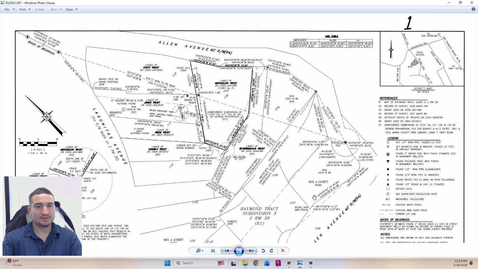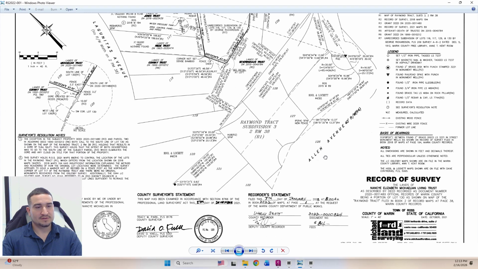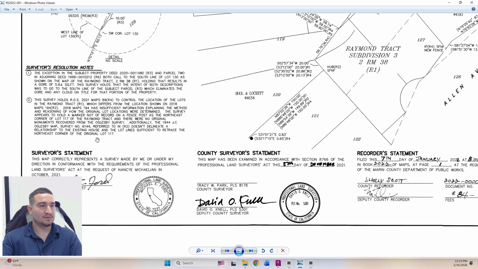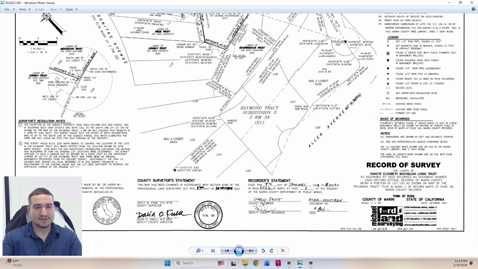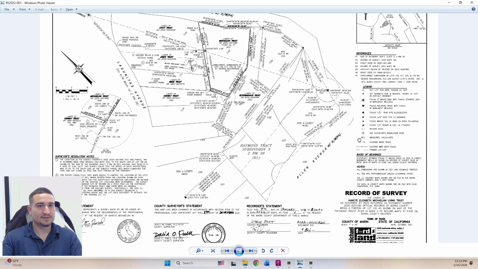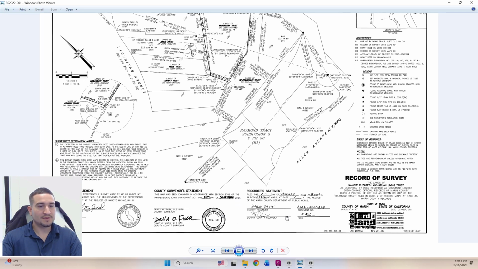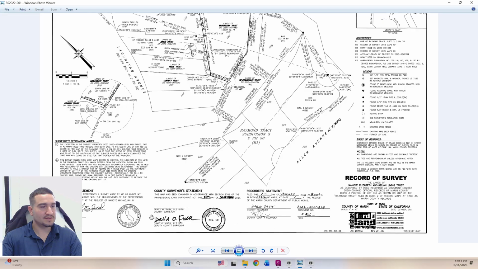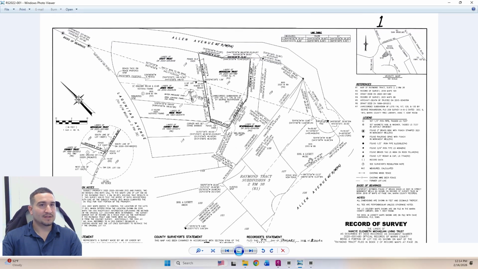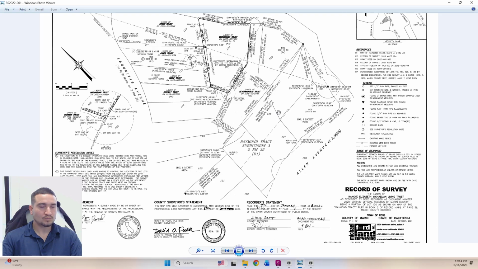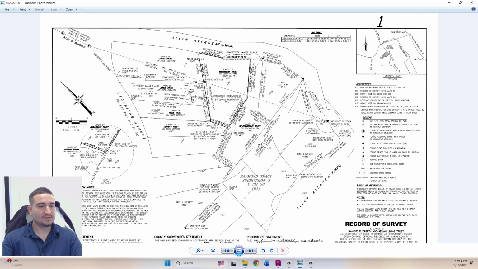Not only does the resolution come, now comes the map preparation. You've got to make it look good. You have to make sure all your text looks good and is legible. So you even took the time to do resolution notes. Every single thing on here is done by the surveyor. Nobody else does it for them. The surveyor has to put all this stuff here, and the county recorder just comes and signs this. The county surveyor comes and just signs this, fills this out, and it gets filed with the recorder. So I think that about does it and answers all the questions on